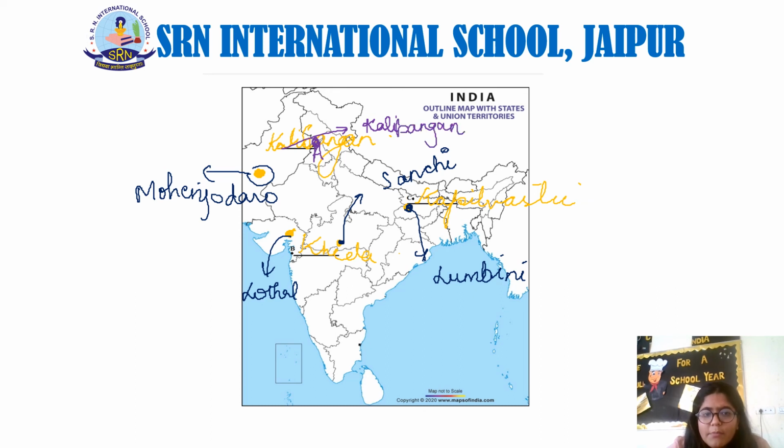Then we were given B. B is Kheda, where Gandhiji had a movement for the agricultural peasants. Then C is Kapilavastu. We all know Kapilavastu was one of the provinces of the Magadha Empire. So students, I hope you all now know what kind of map you would be getting in your examination.